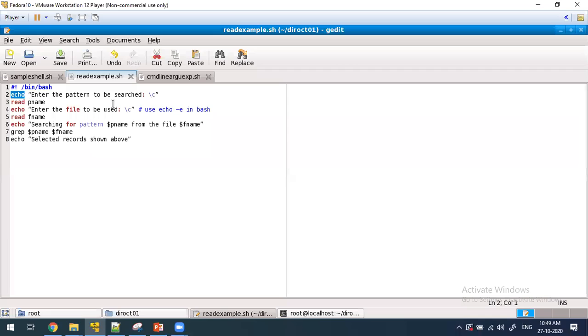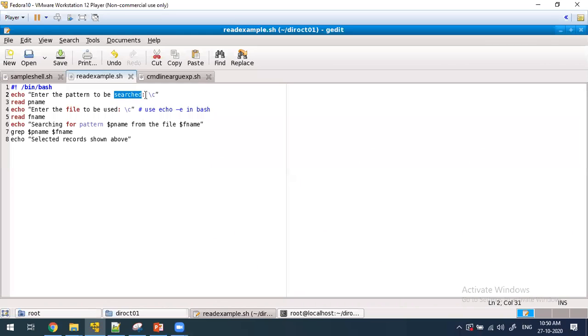This is the message I want to show the user. I want to search for a pattern inside a file. We already know that to search inside a file or any content, the command we use is the grep command. For that, we are going to take the input from the user.